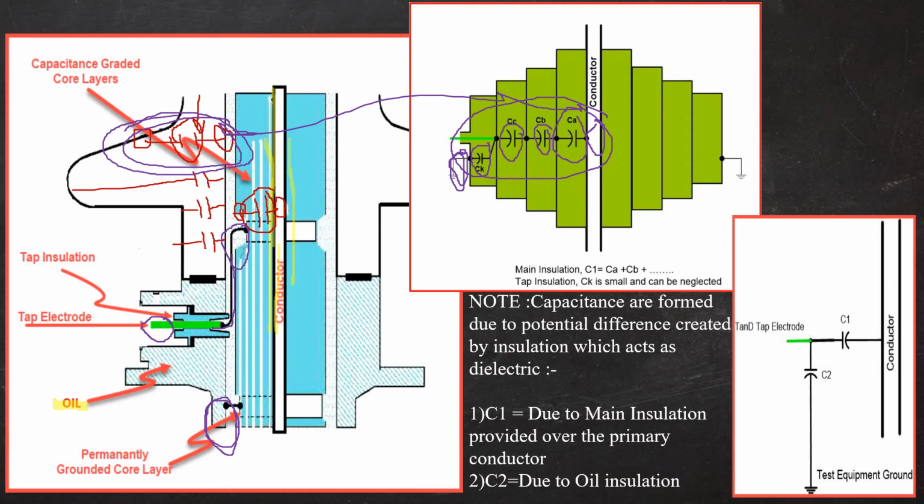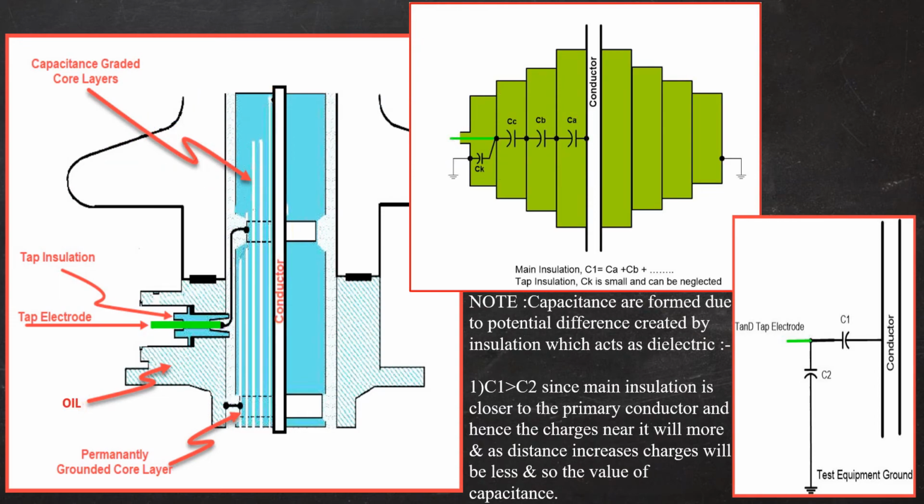But before that, you should understand two main things: how the tan delta point is being provided and how capacitances are formed. Now again, we will try to remember the two main points. First, there are two capacitances that are formed, that is, the capacitance formed due to main insulation shown at the center of the image. This, let us say, is C1, the equivalent capacitance of the main insulation,